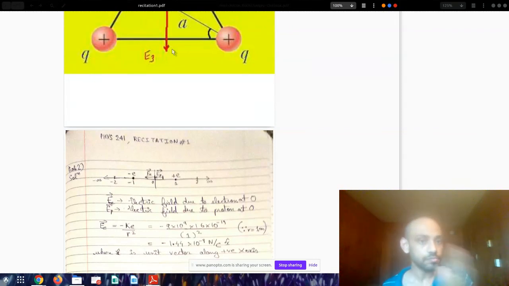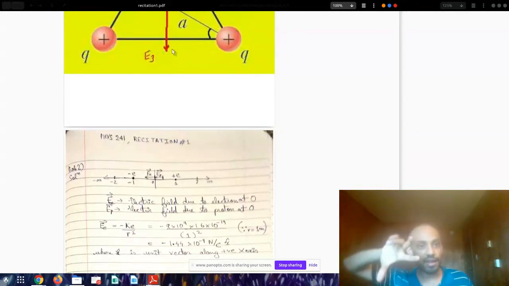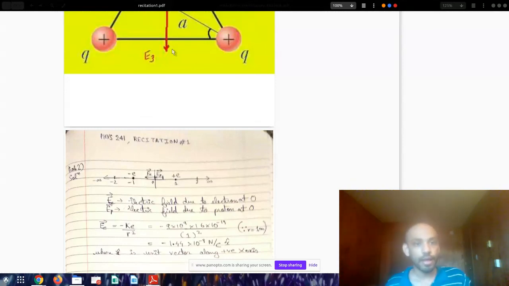And that's the equilibrium position. So if you try to disturb this system, if you try to perturb it, it will take some energy, and as you do that, that energy will be stored in this electric dipole. And the potential energy that is stored in the electric dipole will be